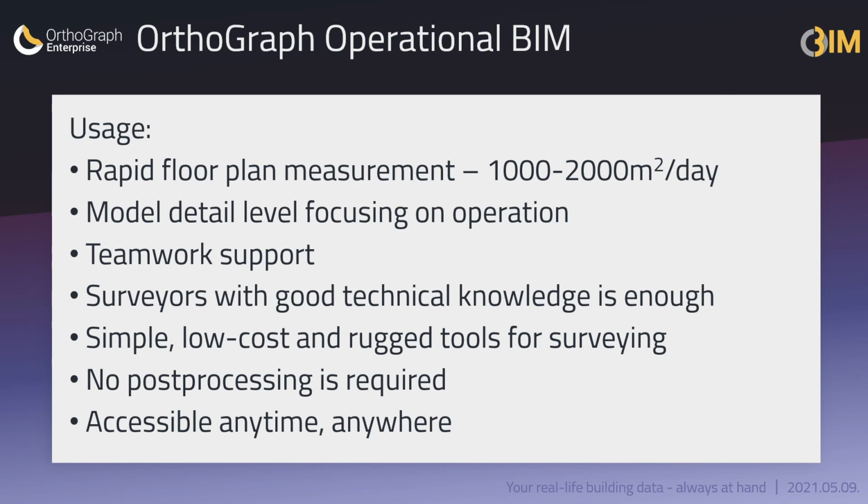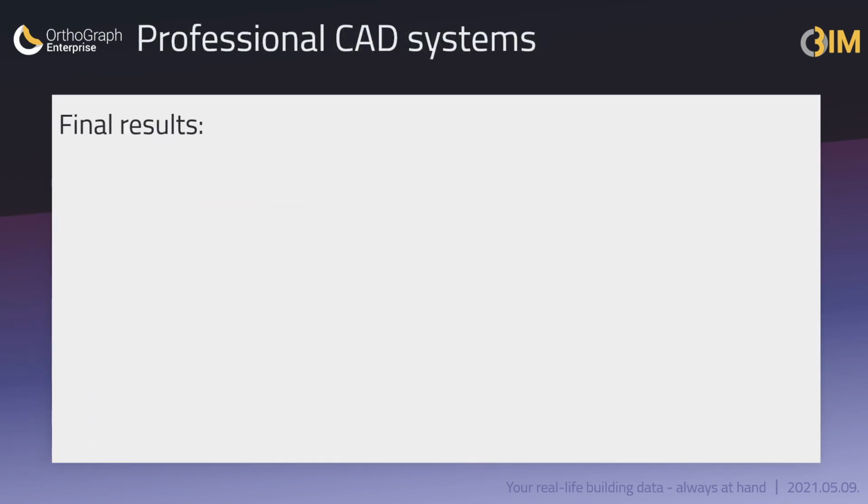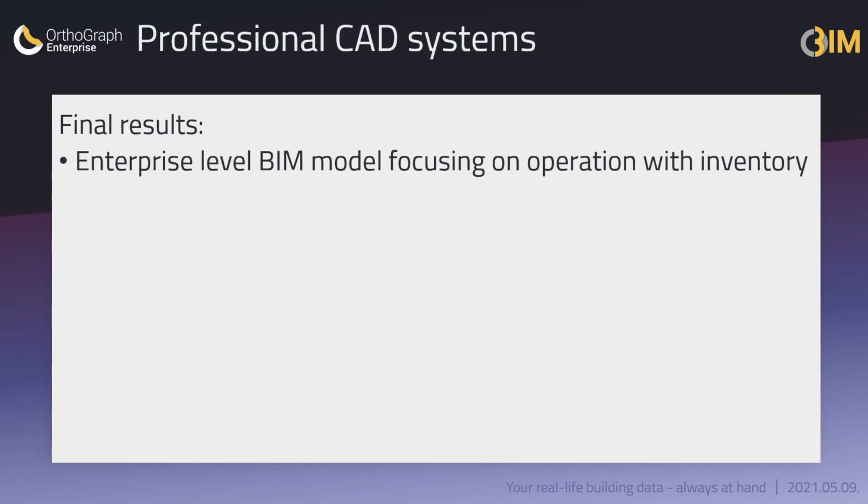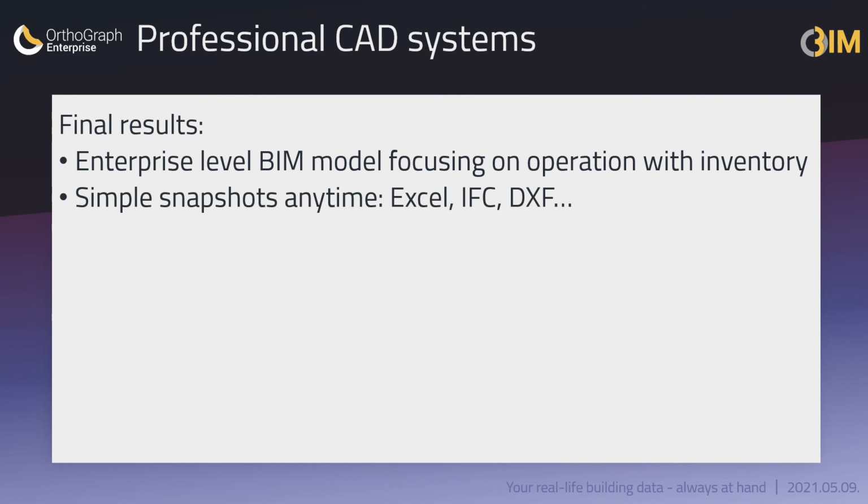What are the results of Orthograph's operational BIM? Detailed enough operational BIM data, including a detailed asset inventory. The system ensures data quality by using required fields and strong workflows, so the pressure on surveyors is much less than if they had to know by heart what they need to measure with which properties. Anytime there is a need to get analytical data out of the always changing operational BIM, industry standard exports are available. Let me emphasize the importance of the Excel export, as that contains the most valuable calculated and inventory information for tendering. Using Excel with simple filters and pivots, instant data is available for tendering or contracting.